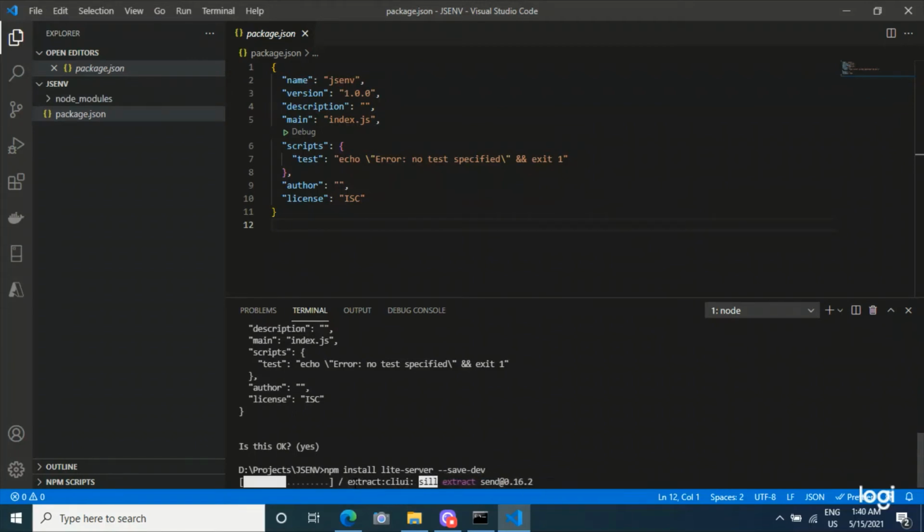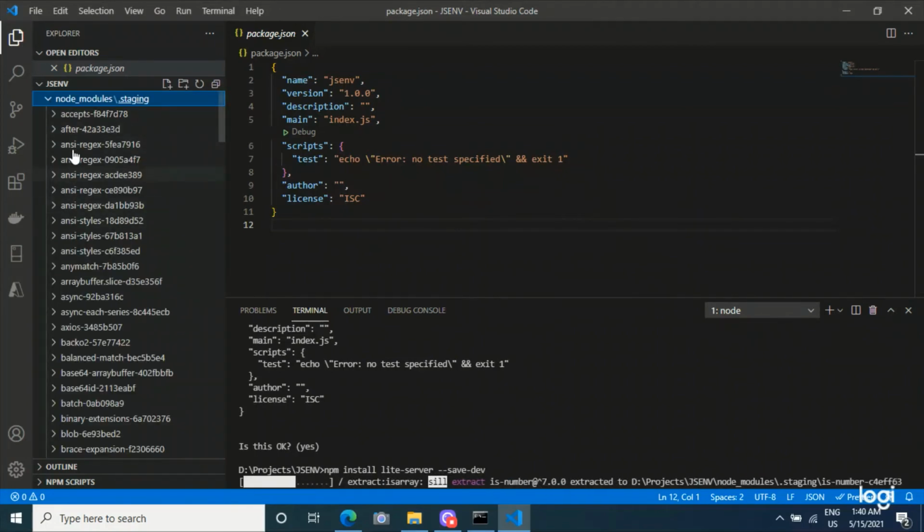See, here the node_modules folder is created. Inside the node_modules folder, all the dependencies are loaded, and the version details are tracked in package.json.